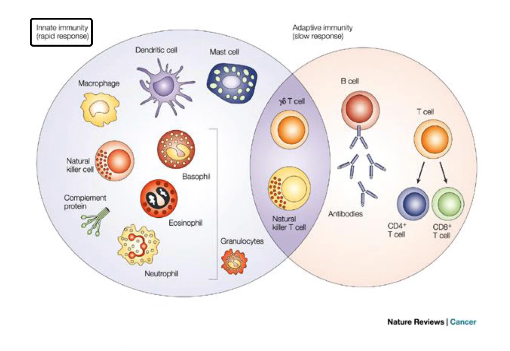So innate immunity here, indicated by this purple circle, and adaptive immunity work together, and in some cases cells overlap between the two. There's an initial rapid response by innate immunity, accomplished by several types of white blood cells, including dendritic cells, mast cells, macrophages, natural killer cells, basophils, eosinophils, neutrophils, granulocytes, and the complement system, as well as some